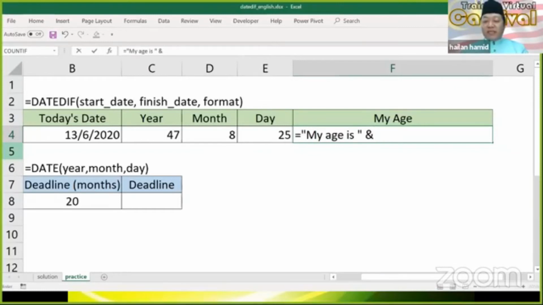formula. So my age is spacebar, double quote, and ampersand, and then I'm going to click on C4. I just type C4. It's good that you can have a space bar so that it is readable. Yeah. And C4 is years, right? So double quote, space bar again, years. Space bar again. Okay. So you need to go by logic, yeah, when you want to create sentence